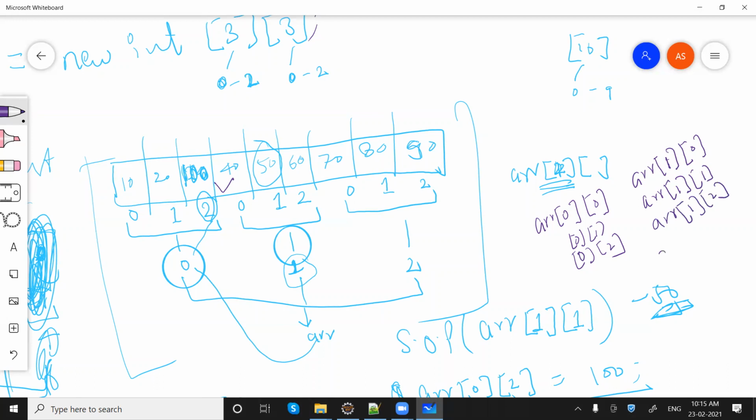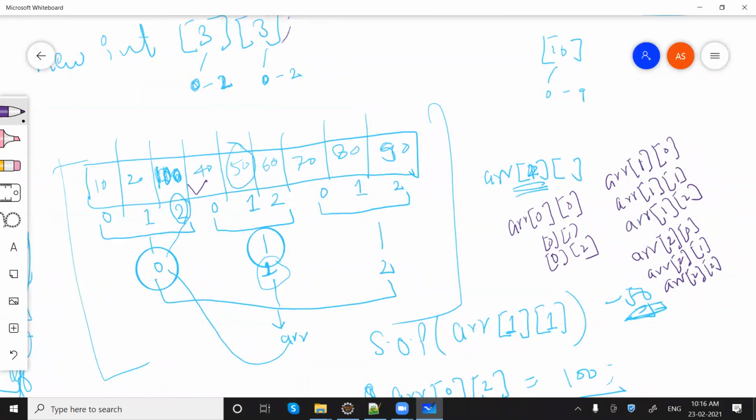And next would be like ARR of 2 of 0, 2 of 1, 2 of 2, like this. Okay, any doubt in this? Let me know in case you have any doubt.